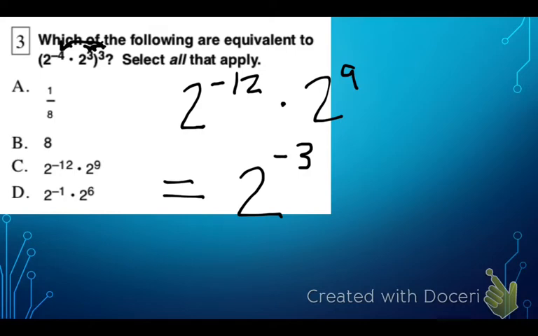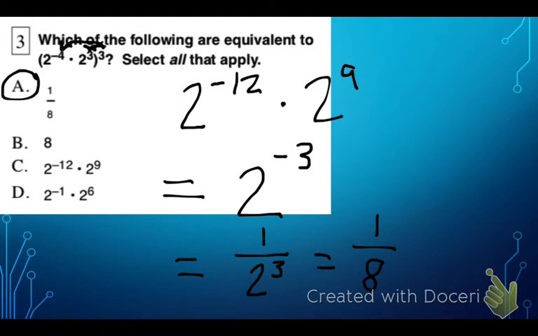And now, finally, I have a negative exponent. So I need to make that positive. And since 2 to the negative 3 is in my numerator, I would need to put that in my denominator to make that positive. So I am left with 1 over 2 to the third power, which is also equal to 1 over 8. So if I take a look at my answer choices here, A is 1 over 8,